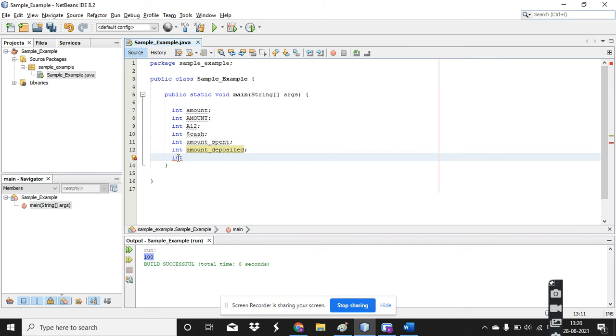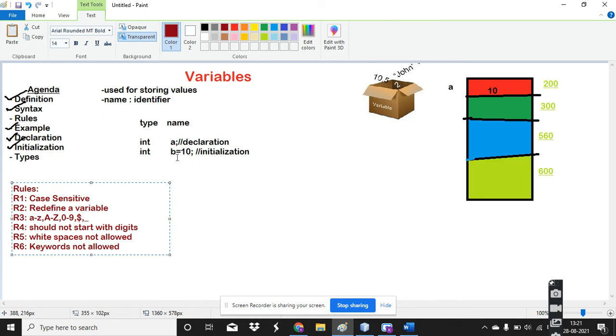Keywords means the words which are already predefined in the Java language. For example, if is a keyword which is already predefined in Java. So if I use that keyword as a variable, it will show me an error. Fine. So these are all the rules for creating your variable names.